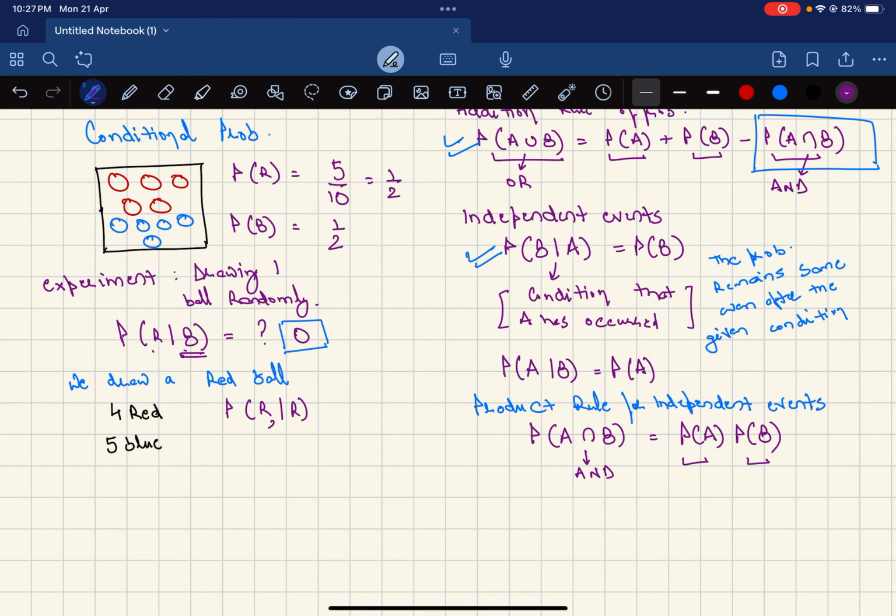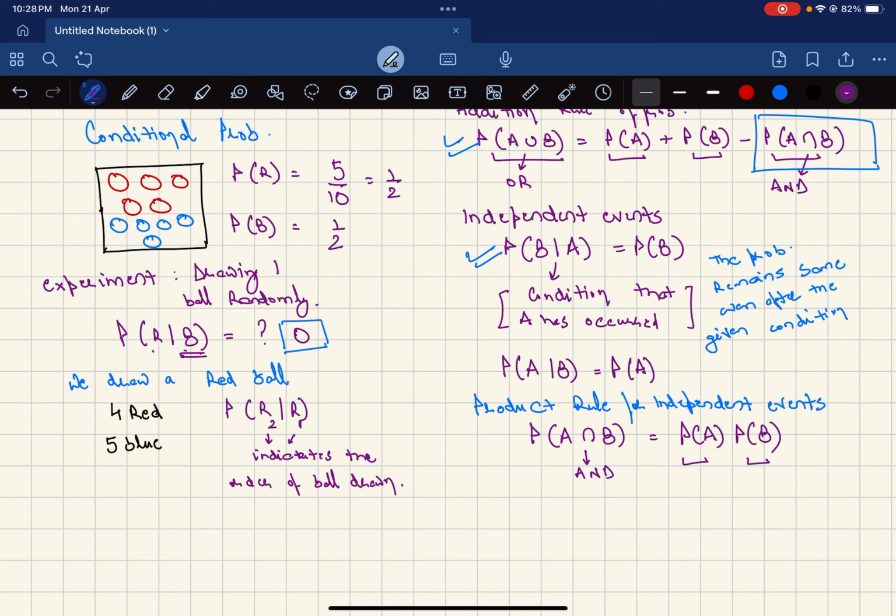So let us say we call this R2 and we call this R1, where these particular numbers indicate the order of ball drawn. So by R1 we mean that the first ball was red, and by R2 we mean the second ball was